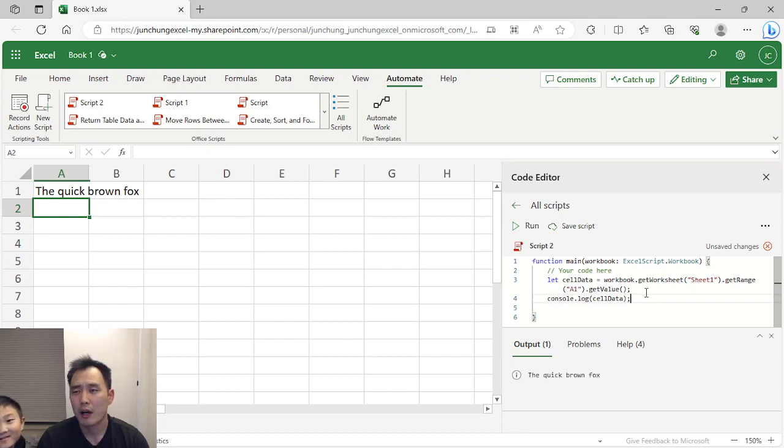Now I wanted to show you how it writes to Excel, right? So let me modify this cell data by appending,